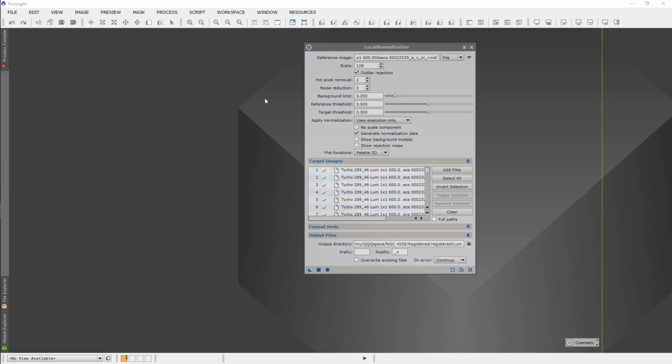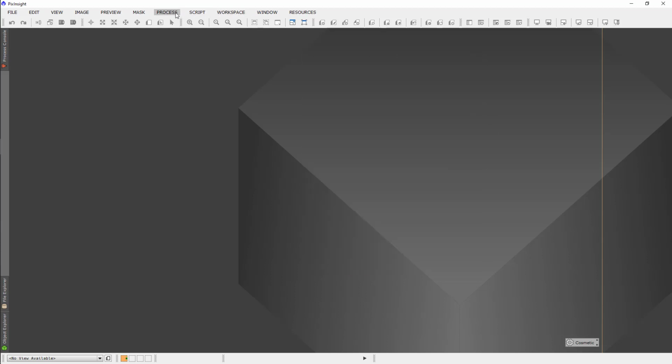So now I've finished generating all the local normalization data for red, green, blue, and luminance. And I've stored all the normalization files in the same folder with their registered images, or their registered subframes. So now from here we're ready to go on and do image integration. I'm going to open that process,